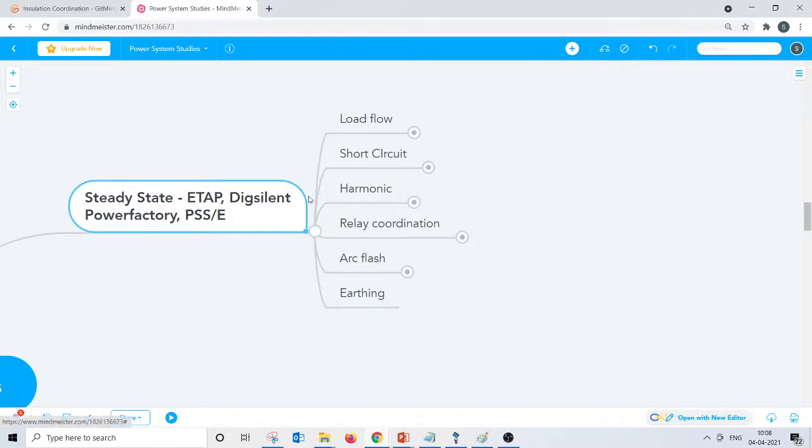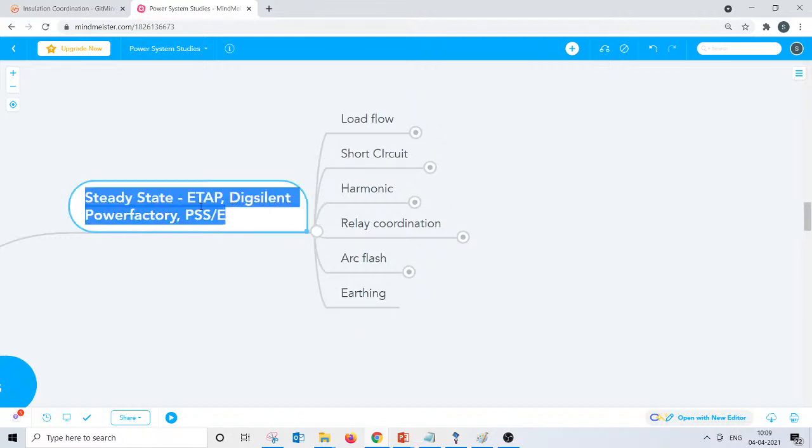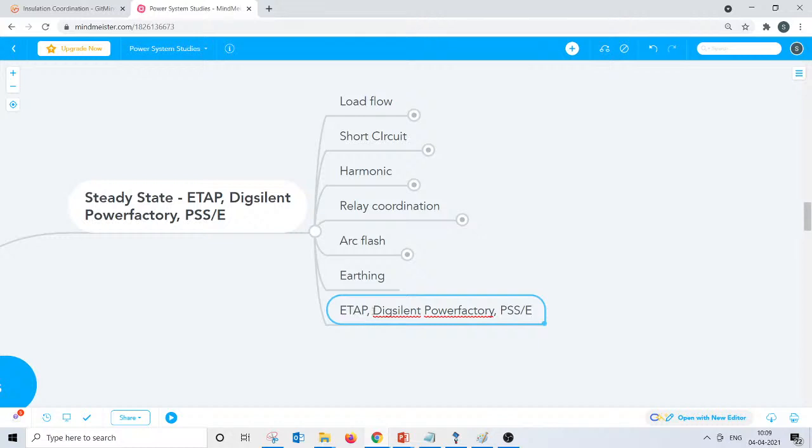All good. So here itself, let me add maybe a few more simulation software, and I will share the link so that you will also be able to open it on your laptops or mobiles and see it. Let me cut the software and bring it here and name it so that you can understand what simulation software is available. ETAP, that's one, right?